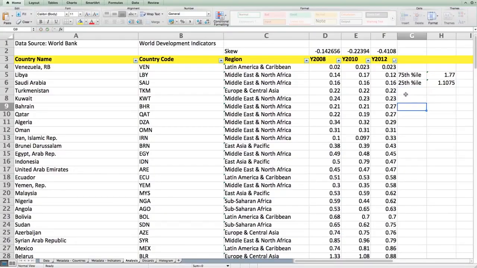In fact, the 50th percentile is nothing but the median. So I've got the 50th percentile here. Why don't I simply use the percentile function? I have f:f, 0.5, which gives me 1.405. If I were to simply use the median, let me see if it's anything different. f:f, and it is 1.405.